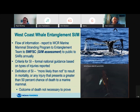First thing I want to touch on is just the general flow of information of how this serious injury and mortality assessment gets done. The reports come into our West Coast Region Marine Mammal Stranding Program. They activate the response community, and that's when ideally we're getting lots of documentation of the entangled whale, regardless of the outcome of the response. Fairly quickly, the West Coast Region entanglement team, which a number of us are involved in, the folks from the stranding program, and other folks involved on the regulatory side, with fishing gear expertise and things of that nature,